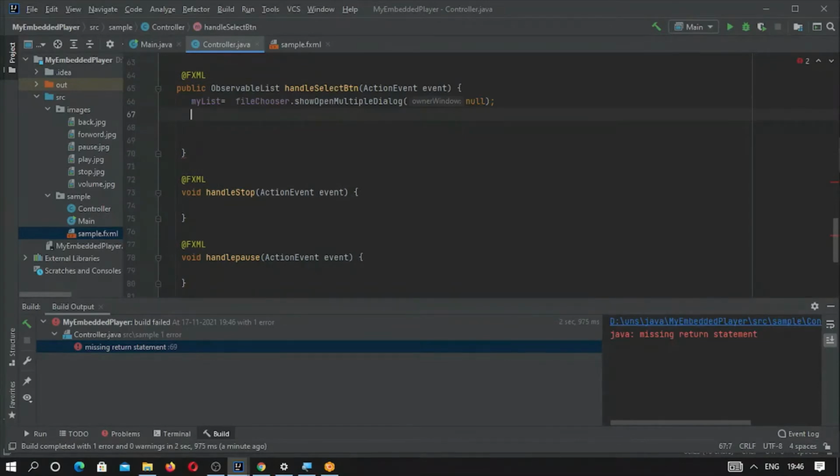We have to select a file from this one. So what we have to do is convert this list into an observable list, and from the observable list we will select a file.